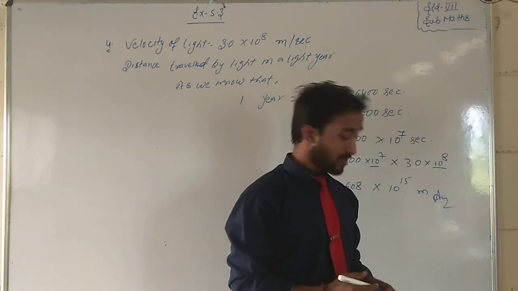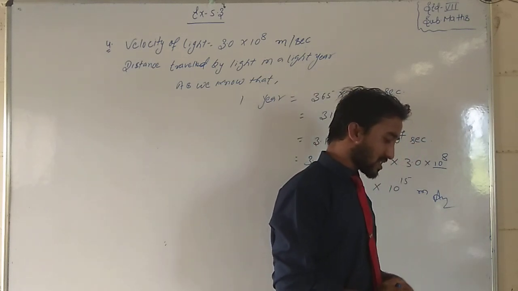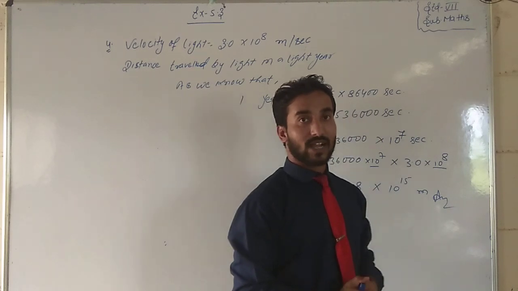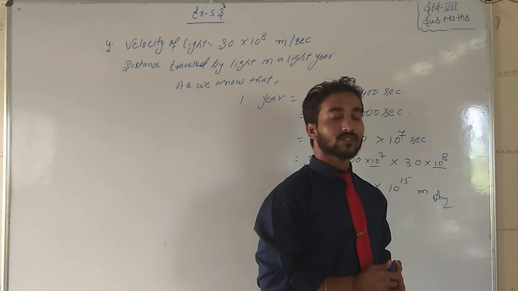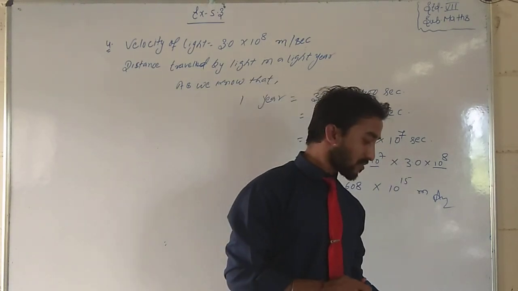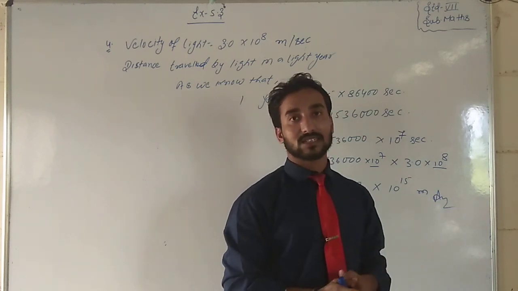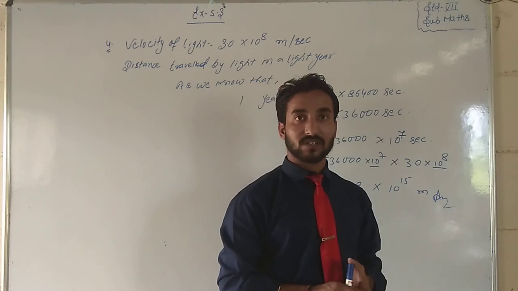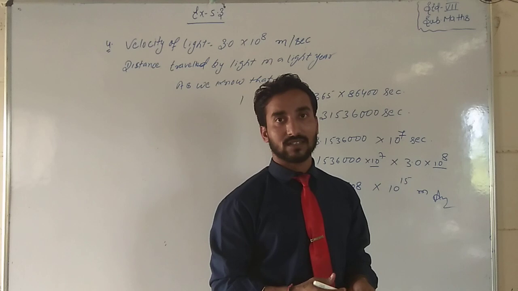See, students, this is all about the question. Exercise number 5.3, question number 1, 2, 3, 4. Now question number 5 and 6, the remaining questions are there. This is all only on the basis of the standard form. So, students, this is your turn to do question number 4, 5 and 6. It's a humble request to do it as homework and send it back to me. That's all. Thank you.